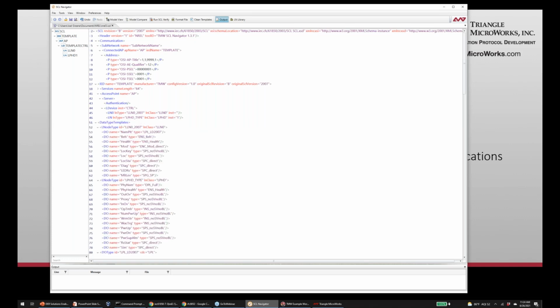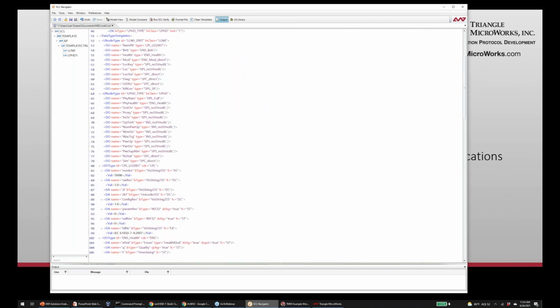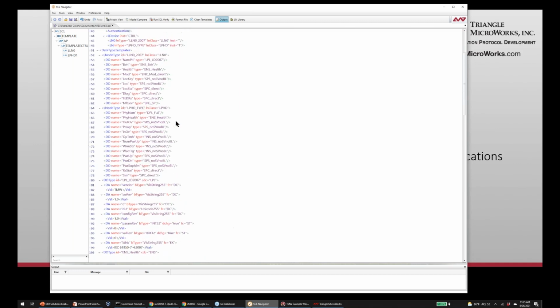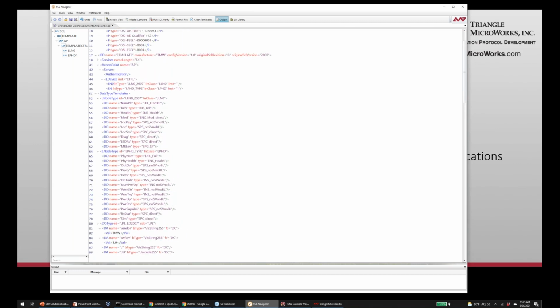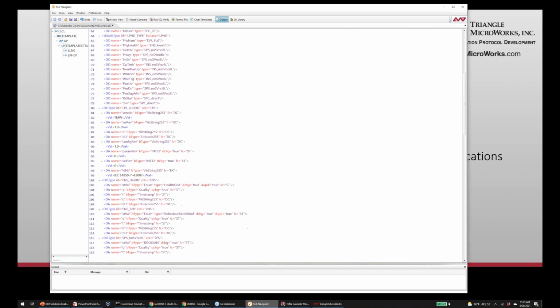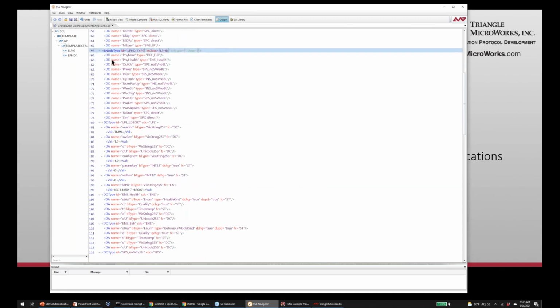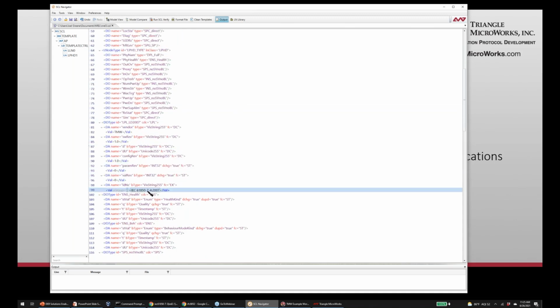SCL is constructed of data type templates. So we've got templates down here that build up these two logical nodes. This is all the information we need to define those. We start with our LNode types, our data object types.